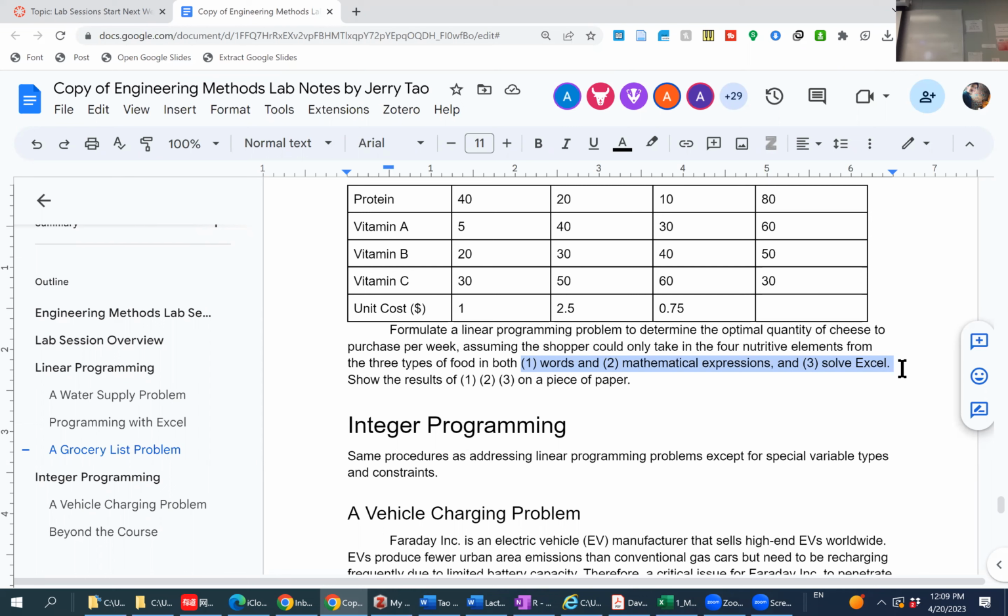Take that table and put it in yours, to express the constraints for your quality of